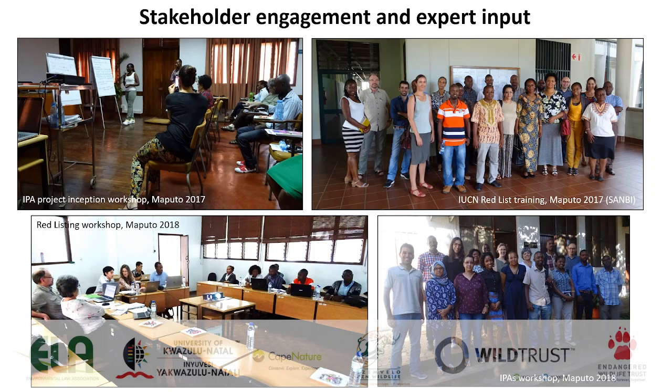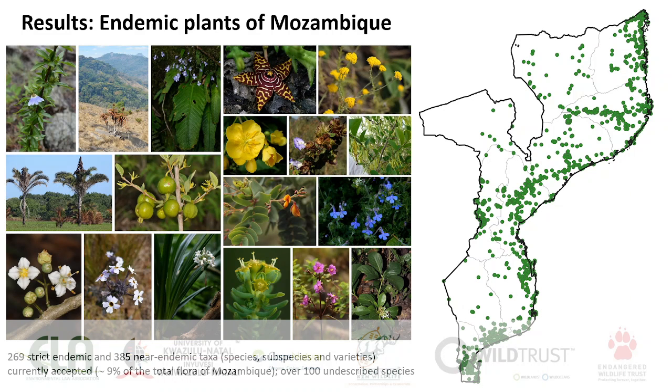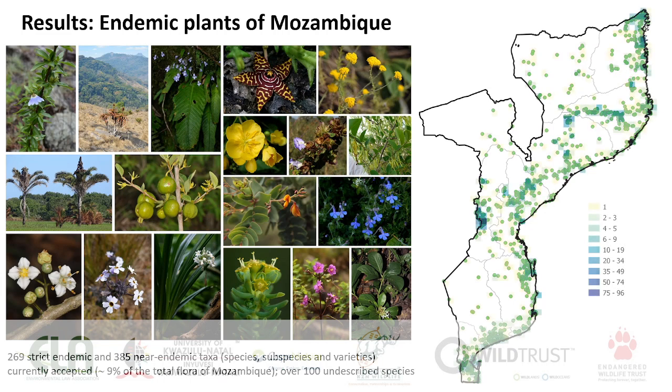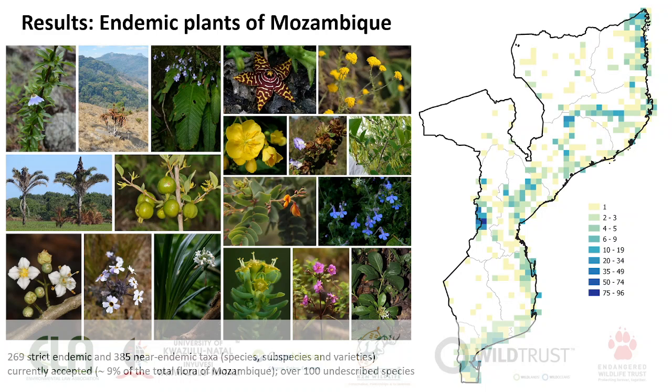In terms of data, we have focused our efforts on the endemic and near-endemic range-restricted flora of Mozambique, which, at well over 600 species, comprises just under 10% of the total flora. We've collated over 12,500 records of these species, with their distribution mapped here on the right. Whilst we acknowledge that there are still significant gaps in our knowledge of the distribution of the flora, when we look at how these data translate to the richness of endemic species, we see clear concentrations emerging, and it is within these concentrated areas that we're focusing the identification of IPAs based upon criterion B, that of botanical richness.